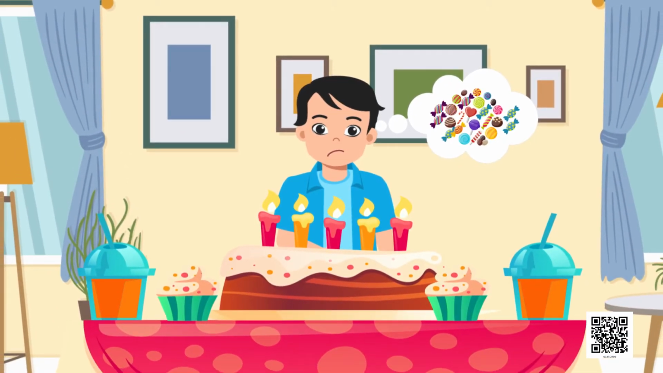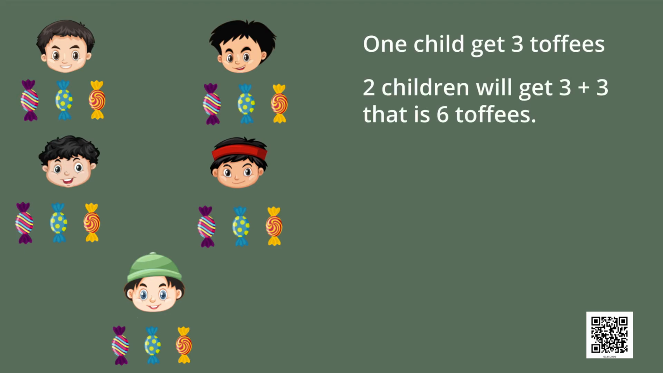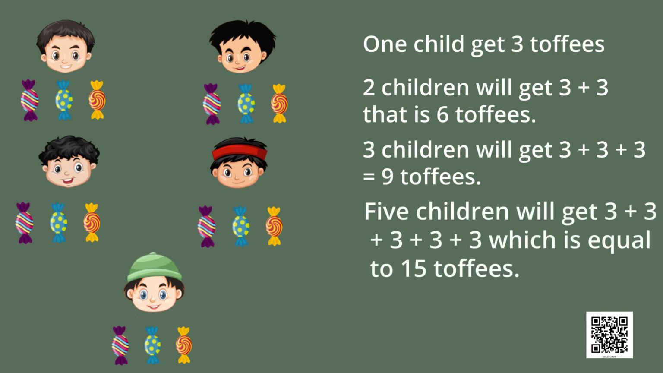He starts calculating that if he gives 3 toffees to each of his 5 friends, how many toffees does he need? So he does like this. One child gets 3 toffees. 2 children will get 3 plus 3, that is 6 toffees. Similarly, 3 children will get 3 plus 3 plus 3 is equal to 9 toffees. So in the same way, 5 children will get 3 plus 3 plus 3 plus 3 plus 3, which is